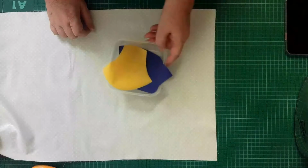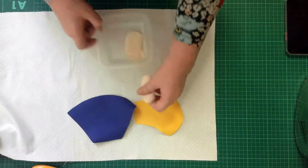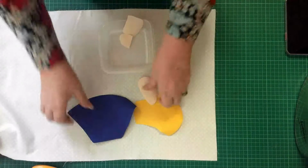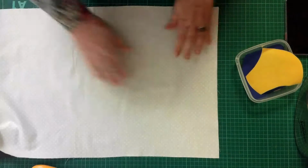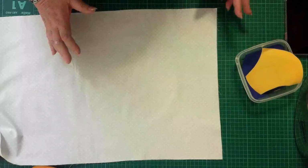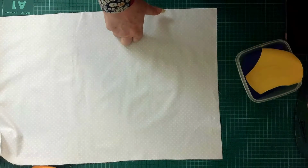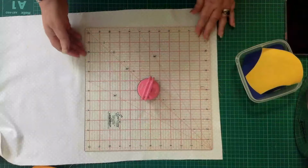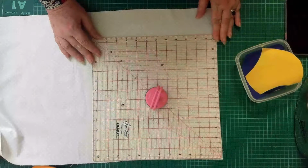Now I've cut out the shapes. These are our little Sunbonnet Sue shapes, which have been pre-treated and cut as I showed you in the last video, so they're ready to go. The next thing I need to do is, I know that Deborah may be working to a different pattern to me, but my personal decision is that I am going to make this a 12-inch finished square, which means I am going to use a 12.5-inch template, because obviously I've got 1/4 inch all the way around to fit it within,